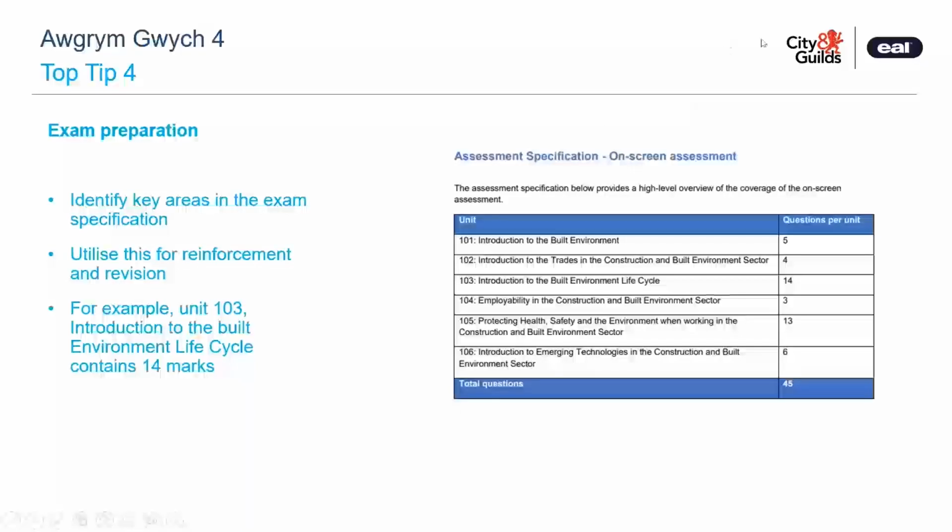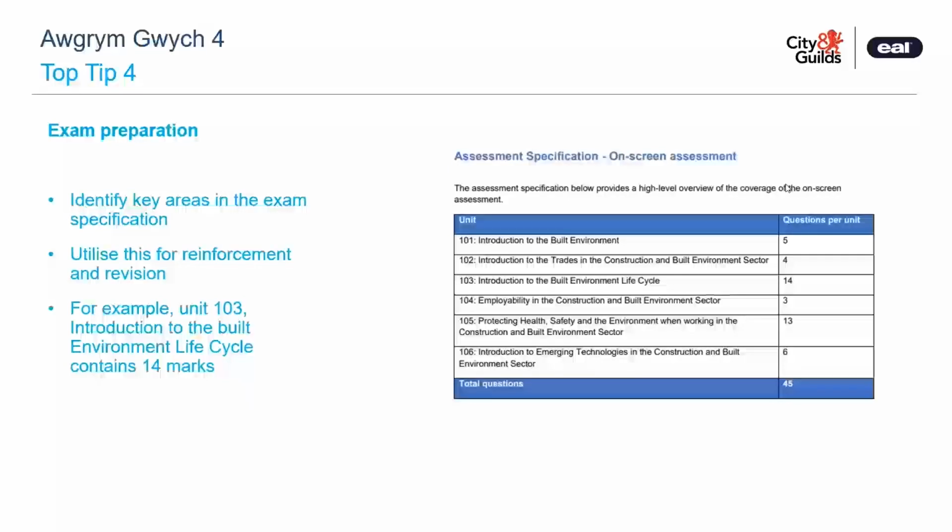Identify key areas in the exam specification. So again, we see quite often people asking us, where do the questions come from? What type of content will be on the exams? Well, you have the sample, which helps, but